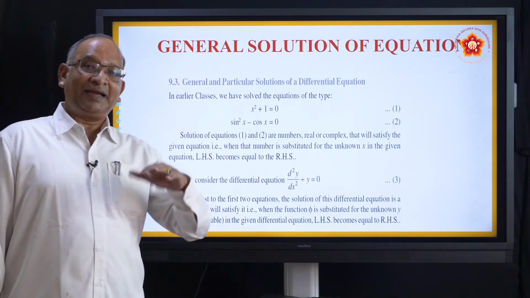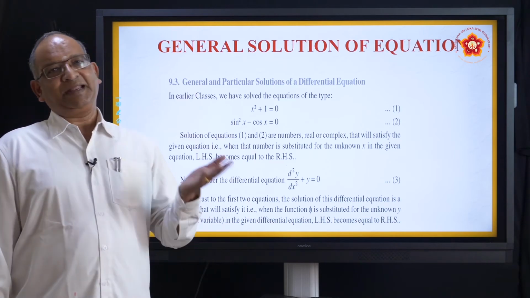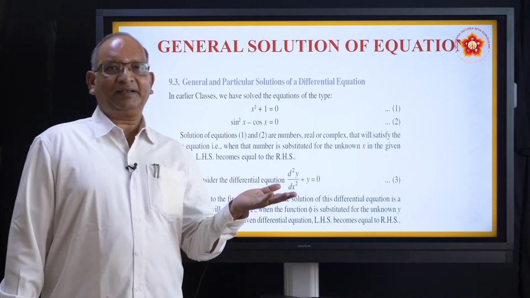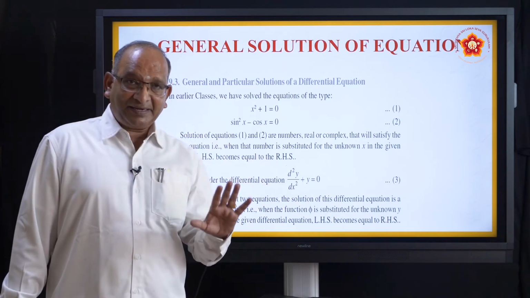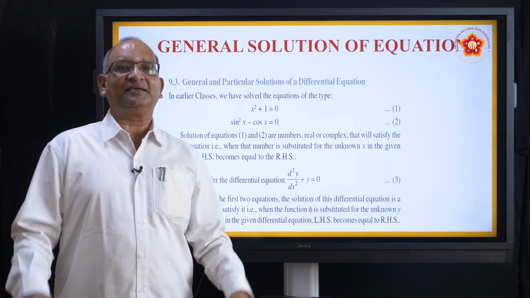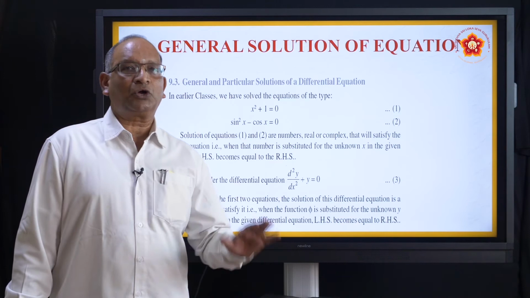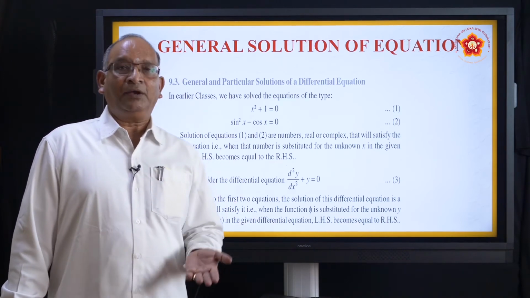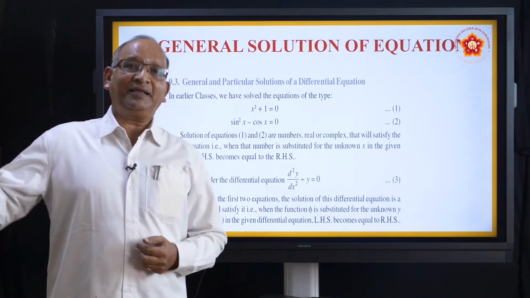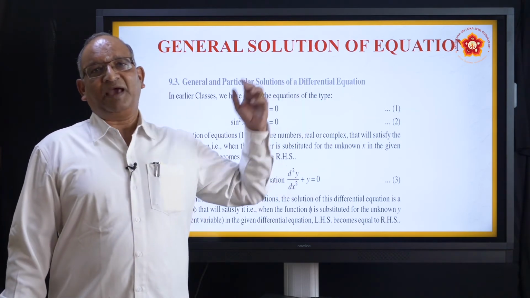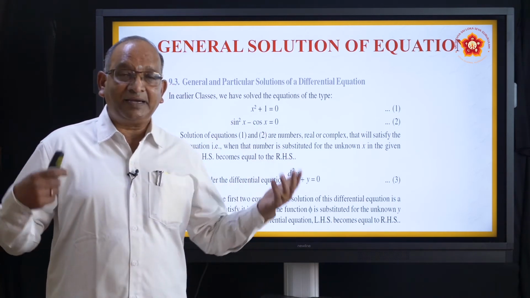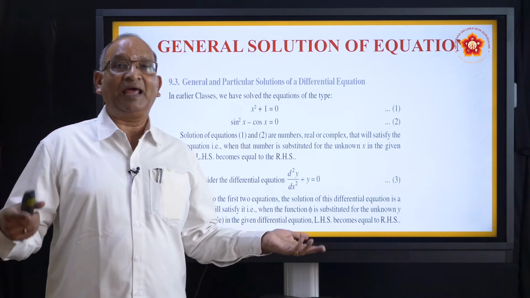It is something like indefinite integral and definite integral. What is the difference between them? In an indefinite integral, after integration, whatever the function, we write plus c. What do you call that c? It is called the constant of integration. For that constant, somebody can give a value 1, another can give 10, somebody else can give 100. So for an indefinite integral, there are an indefinite number of solutions based upon the value of c.